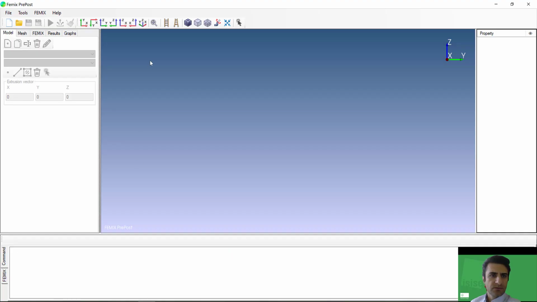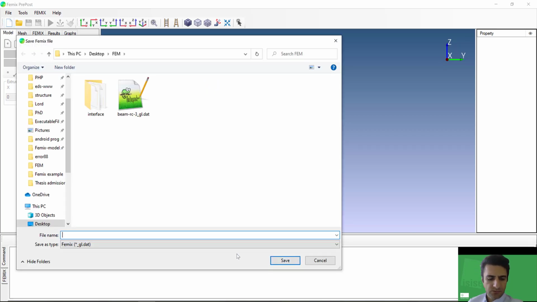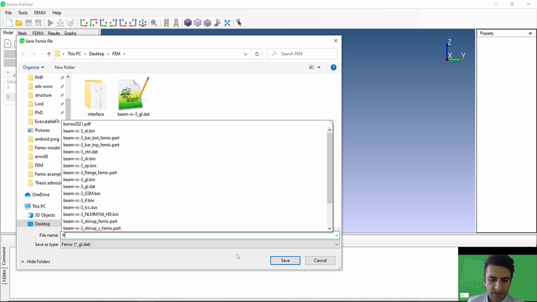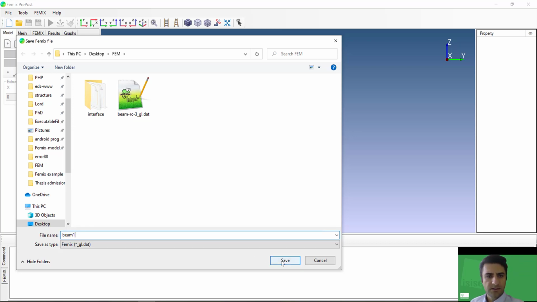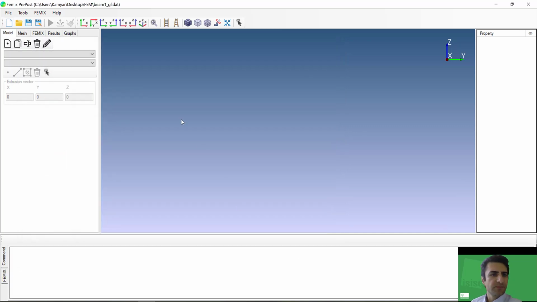We are going back to the application. I will create a new file. We need to select the name. I name it beam1, save, and then we need to draw the different parts of the beam